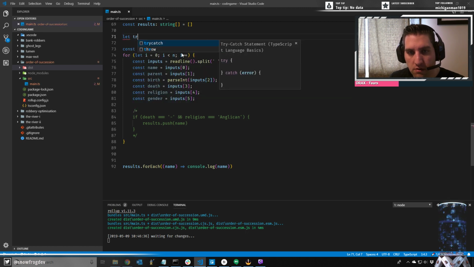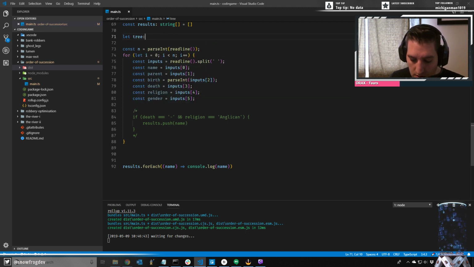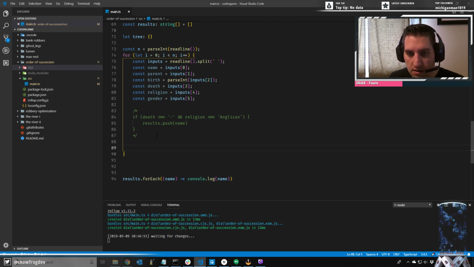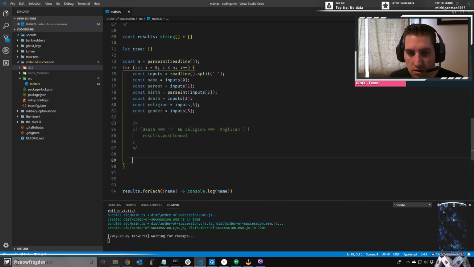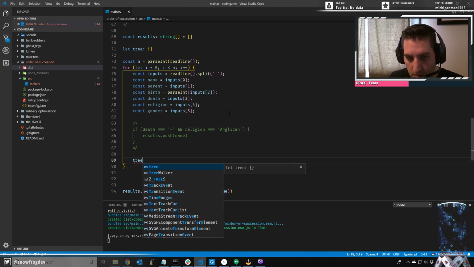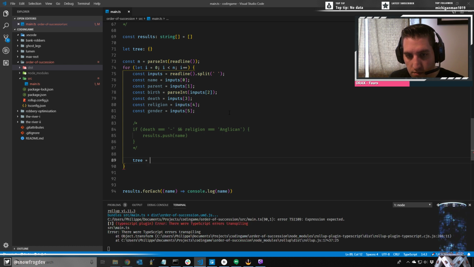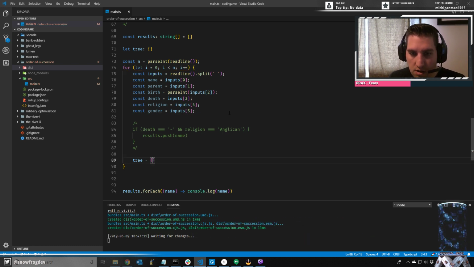So let tree. It's going to be an object. I don't know what kind, how I'm going to do it for now. Let's just try to reason through this. We're getting Elizabeth as a first. No, we're getting King George. So King George is our root. So let's put King George in there. So tree equals, and let's make this name,